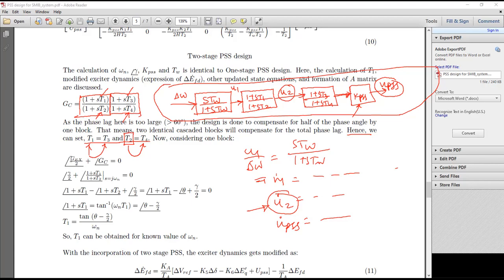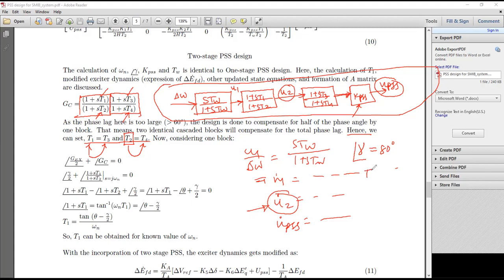If one block is enough to give you the proper lead, then the remaining block should get rid of the remaining lag. So if your total lag gamma is, let's say, 80 degrees,